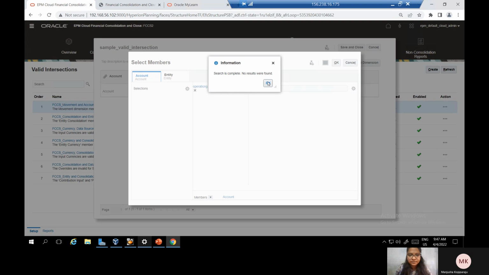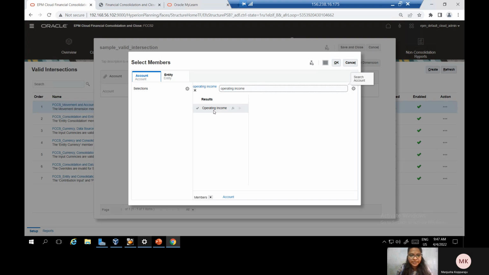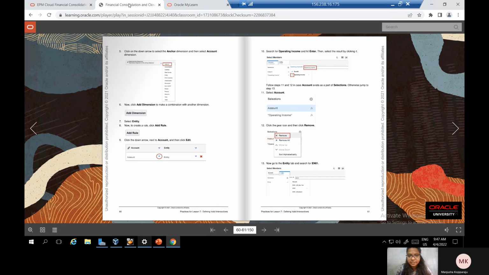Click on it. This is the operating income. We have to select it. Here we have selected operating income. Next,